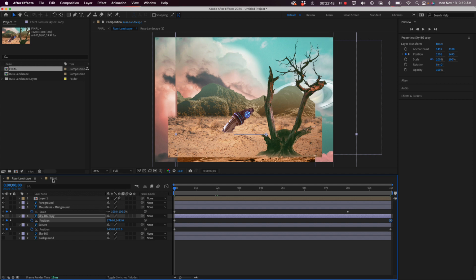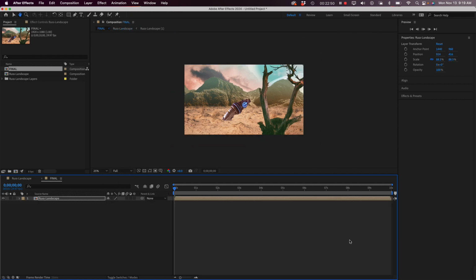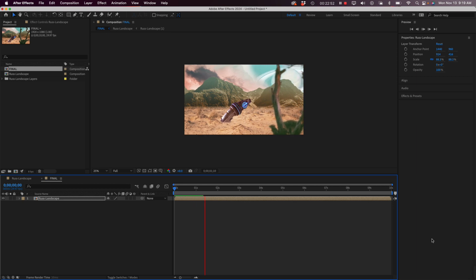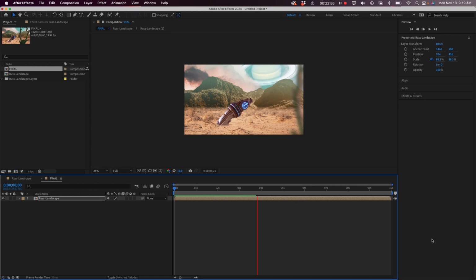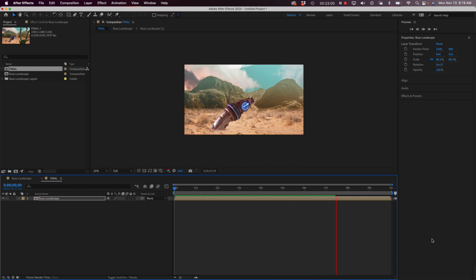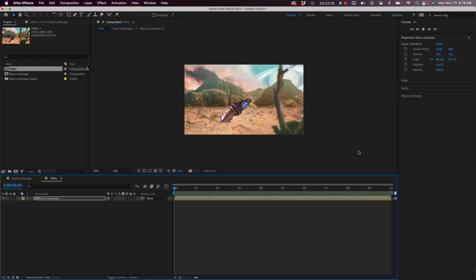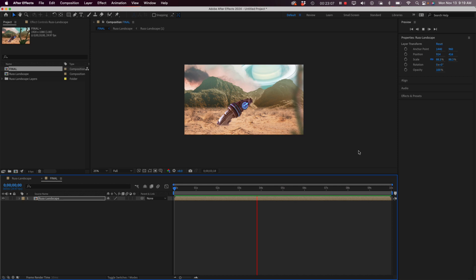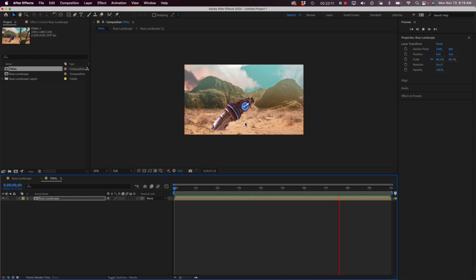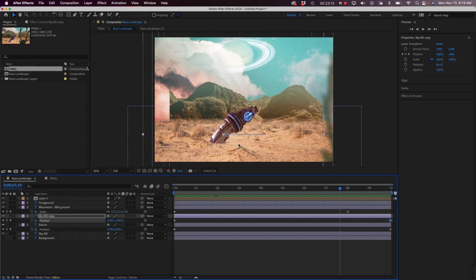So now if we go back in here and take a look at our final, we've got all these varying layers of movement that kind of give life to that environment. And we can incorporate as many different pieces in there as we want. I mean, the number of layers I've got just kind of keeps it simple. I think I want this guy to scale a bit more though. So I'll pop back over here,